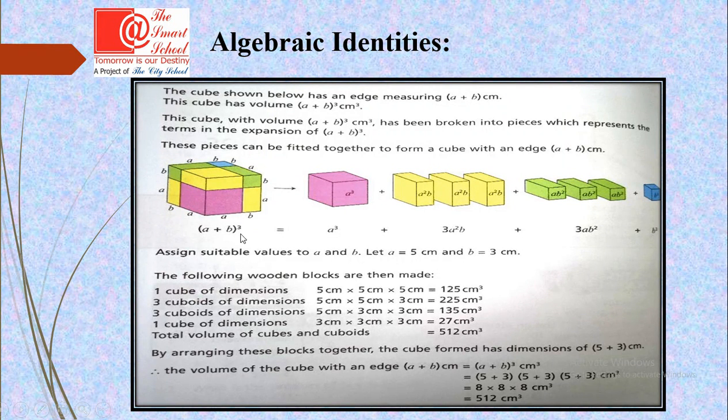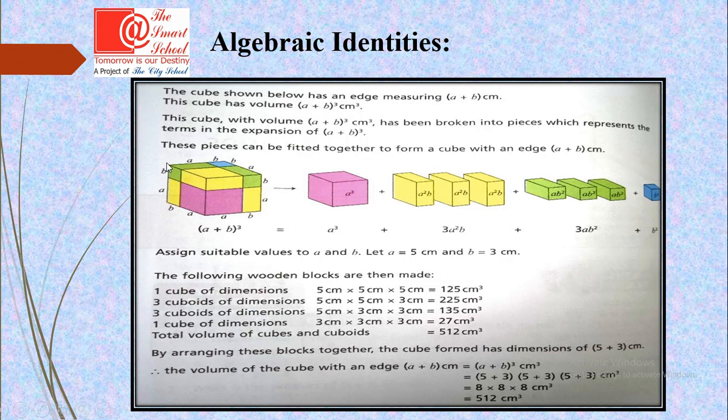So when we write this with the help of the formula for (a + b) whole cube, it will be (a + b) multiplied by (a + b) multiplied by (a + b). When we apply the identity which we have learned, it equals a cube plus 3a square b plus 3ab square plus b cube, and these are the geometrical parts. This is one a cube, another a square b, these are three pieces, then ab square, again three pieces, and the last is b cube.